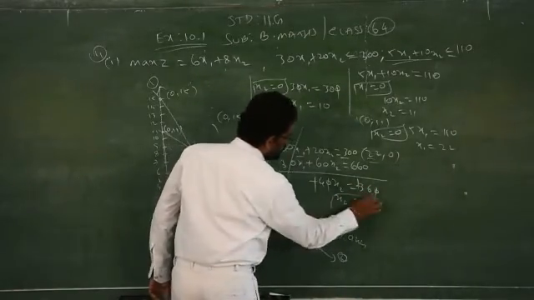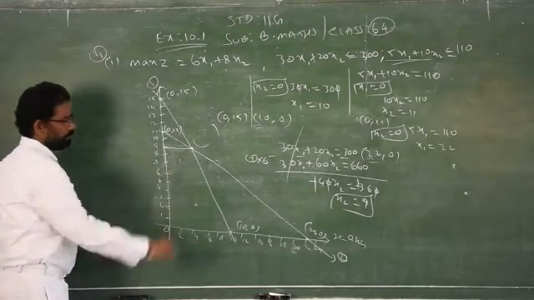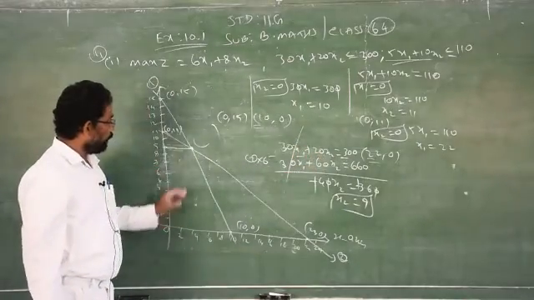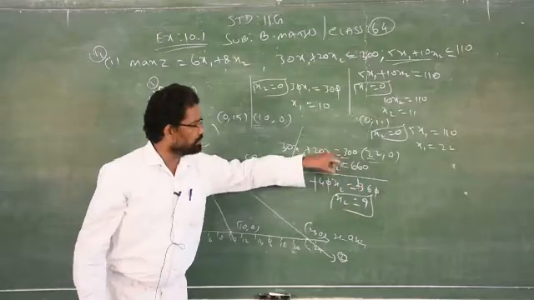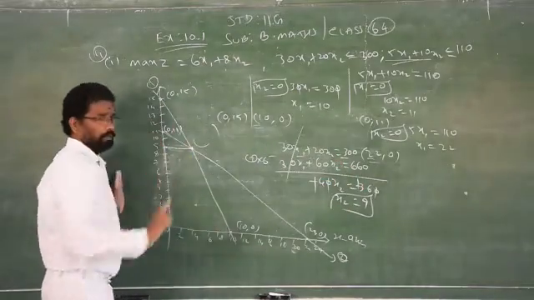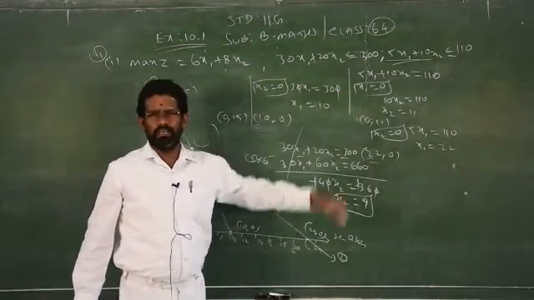Therefore x2 is equal to how much? 9. You see now, I got exactly 9. I got the answer. So this is not necessary. If you plot the points properly on the graph sheet, these steps are not necessary. These steps don't carry marks either. We will give the marks only for the lines and intersecting points. No marks for finding the points. This process is not necessary.